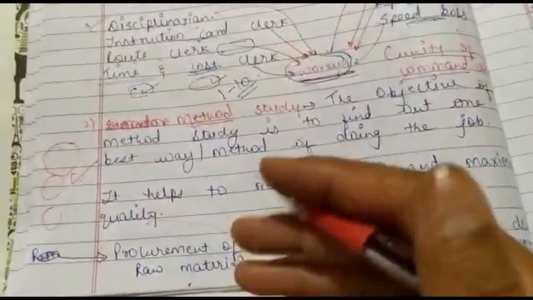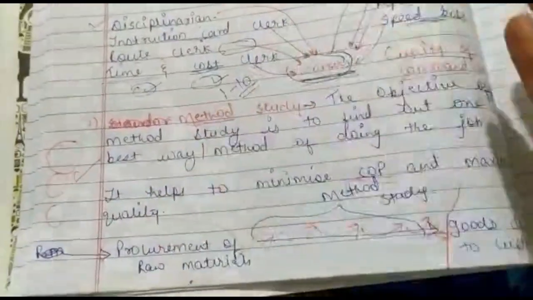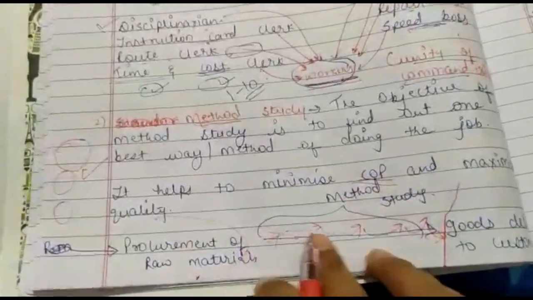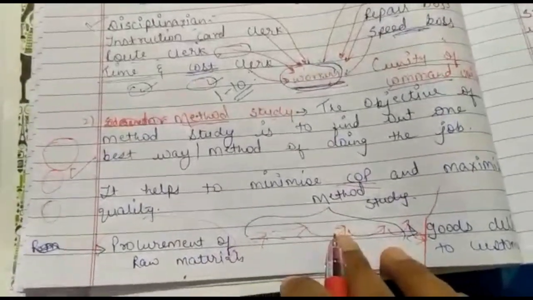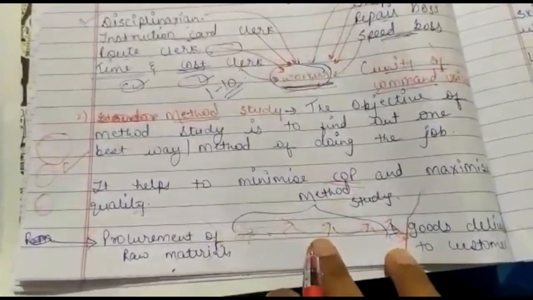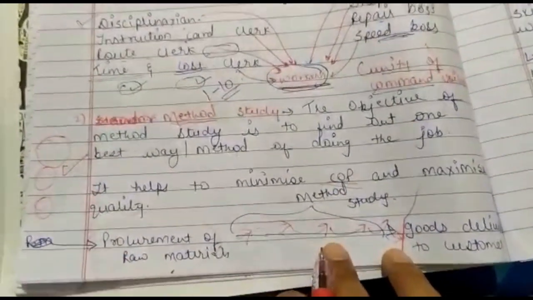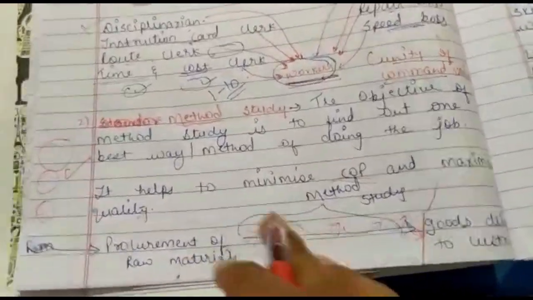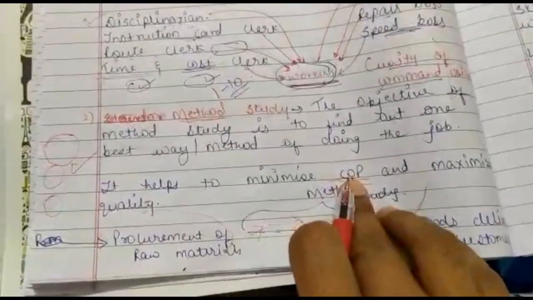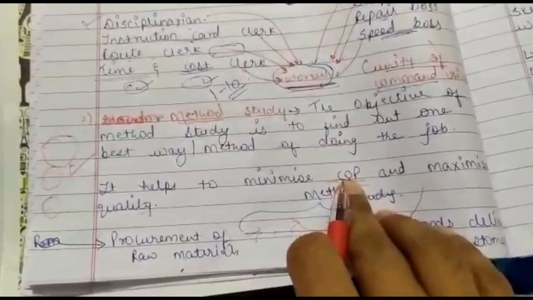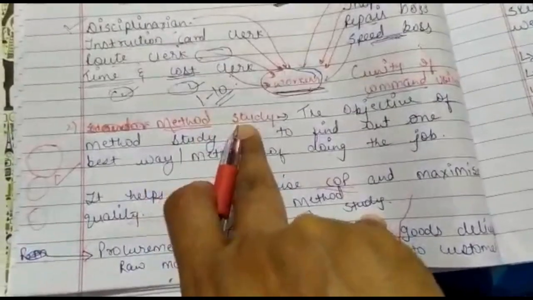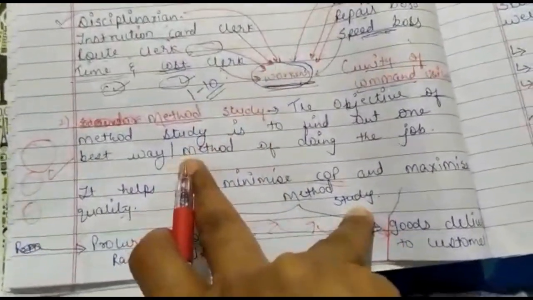In some cases the company directly goes to the customers with the help of their agent. In some cases the company takes the help of a wholesaler. In some cases the company gives the task of selling the goods only to the wholesaler, and doesn't involve the retailer. Sometimes the organization sets up their own outlets, franchises. So there are different methods. So according to the suitability of the company, keeping in mind the cost of production, the company should adopt a particular method in the organization. This is what Taylor has suggested, that in method study you have to select the best method.